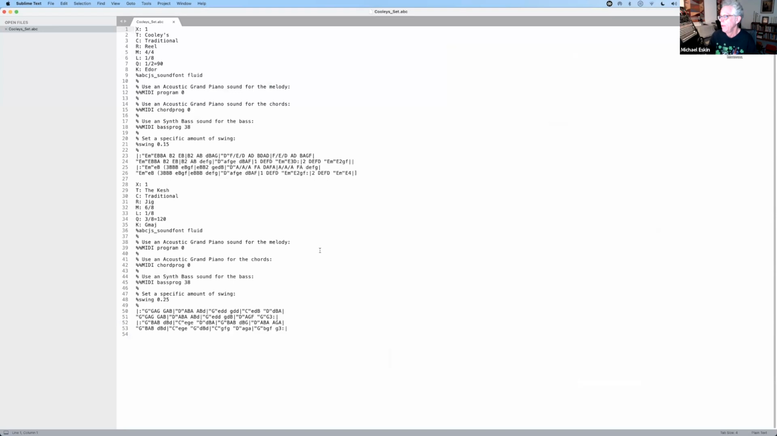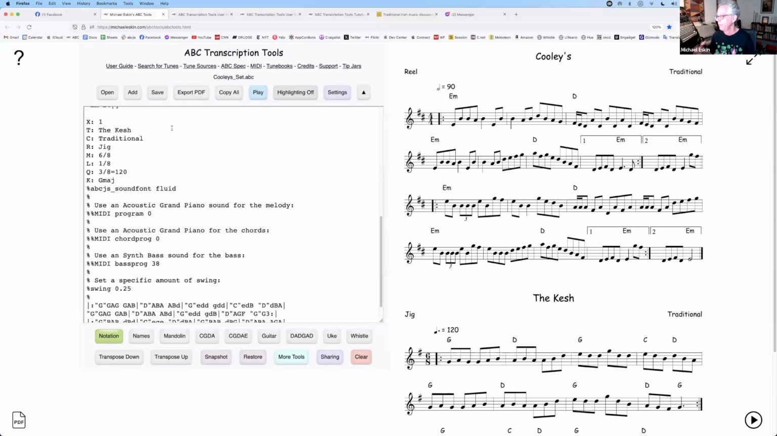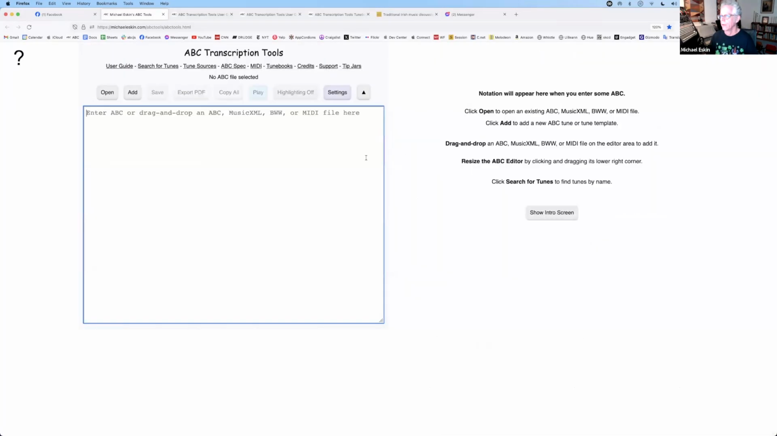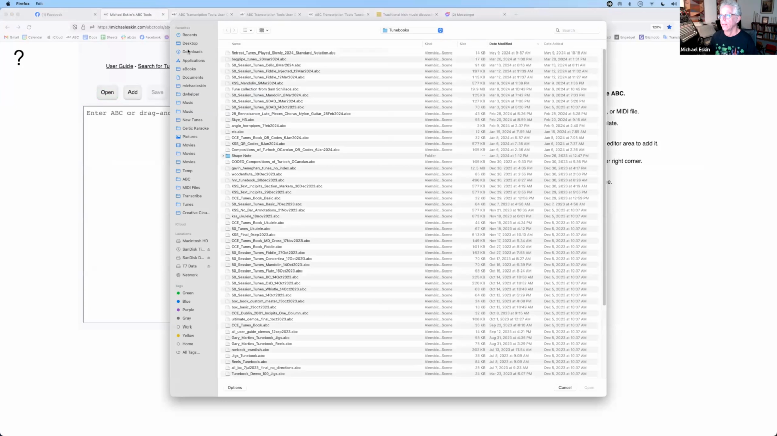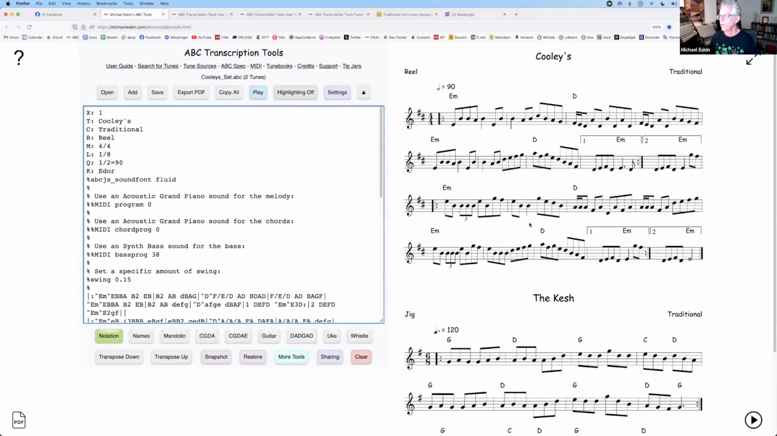You could just email this text file to the other people in your group, and they could open it in the tool. It would be just fine. I'll show you that. For example, I've saved that ABC file. I'm going to clear the work area, and now I can open that ABC file. So I click open, and then I go find that file, click open here, and it'll load the ABC file